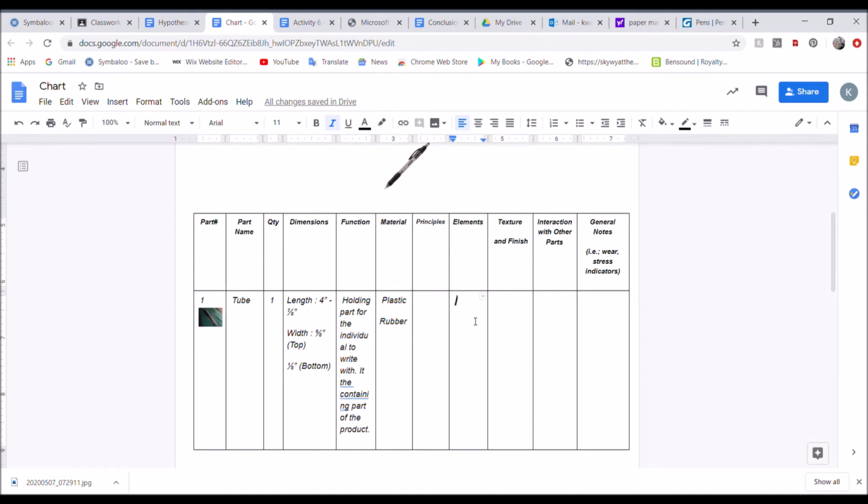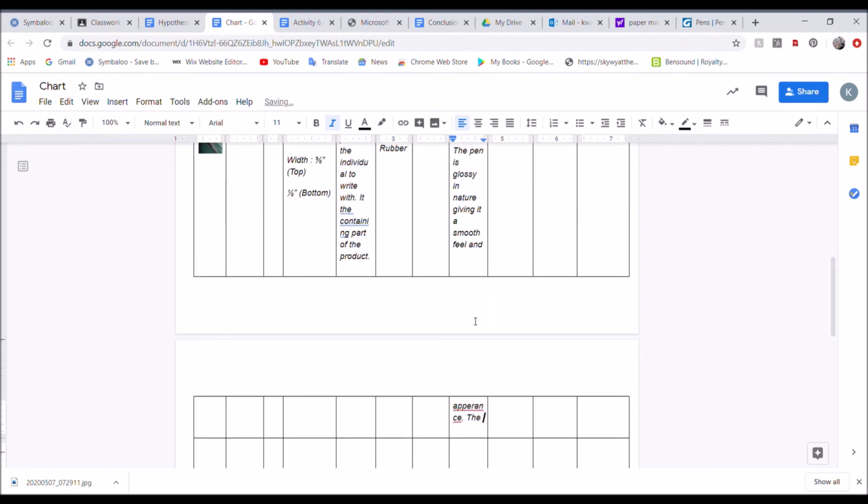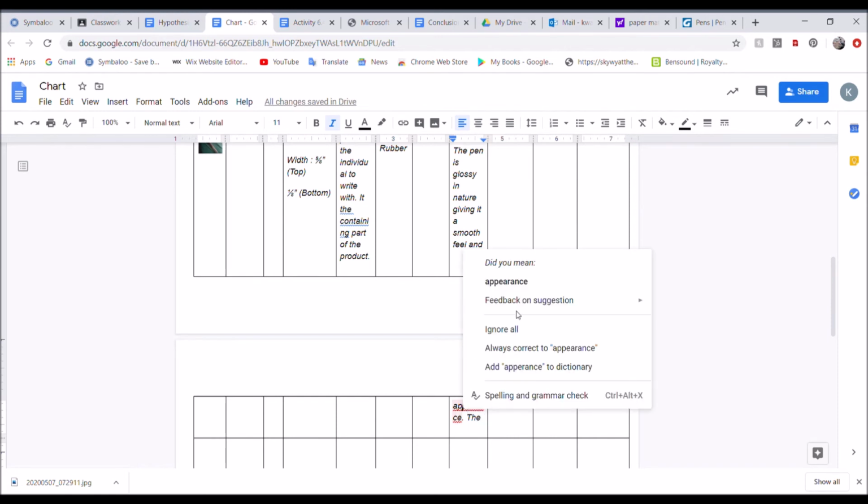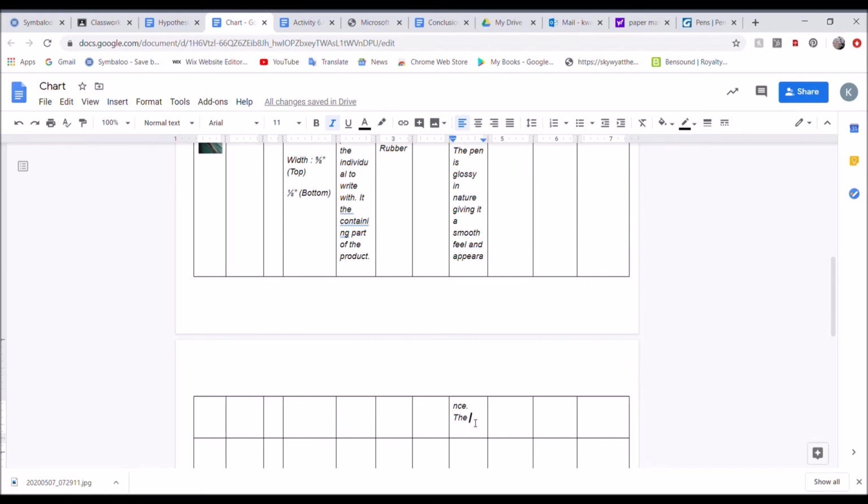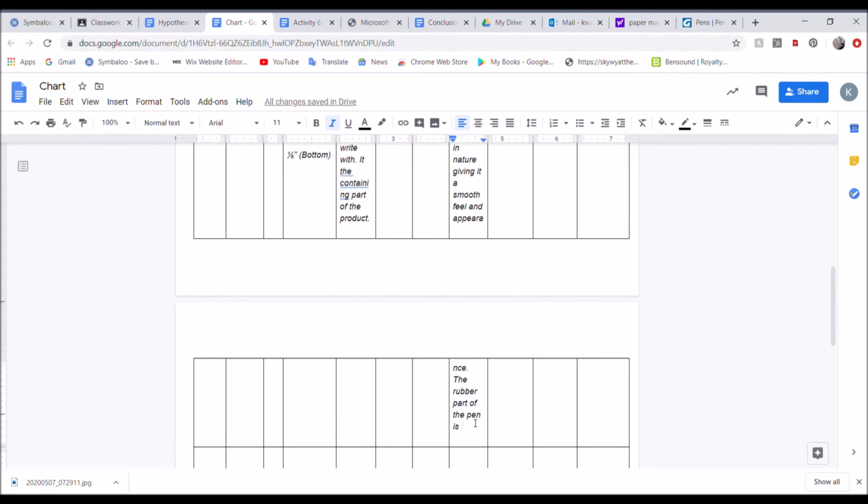So we have texture, and the reason for this is because the pen is glossy in nature, giving it a smooth feel and appearance. The rubber part of the pen is